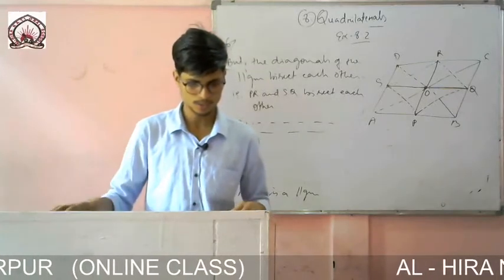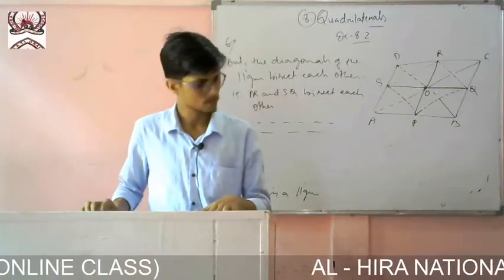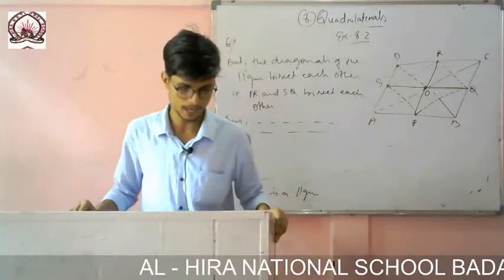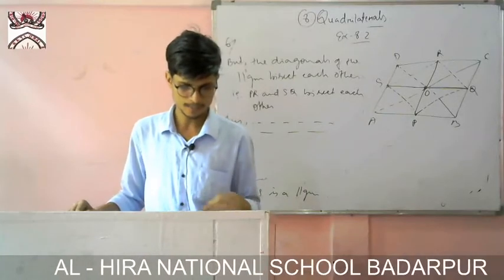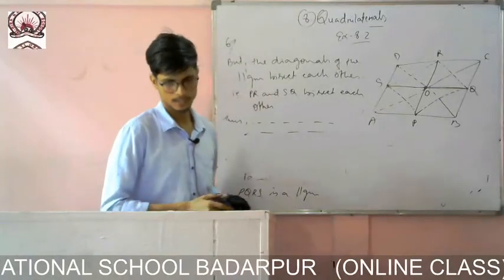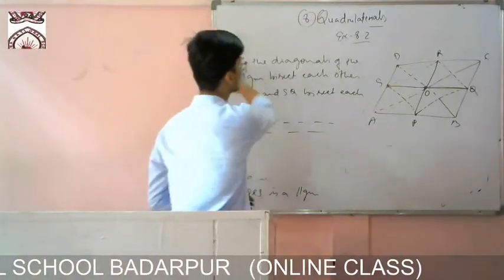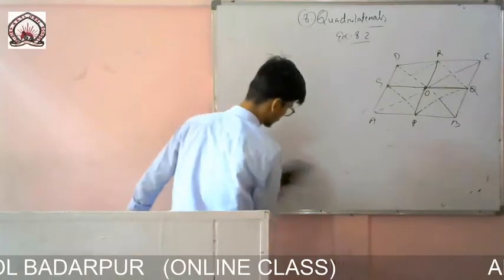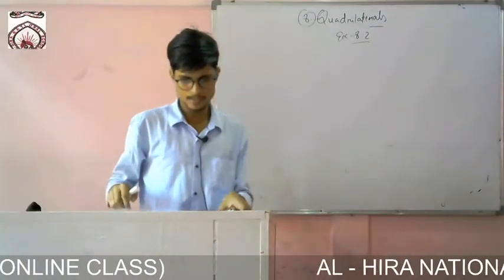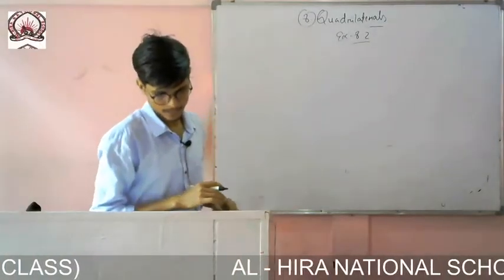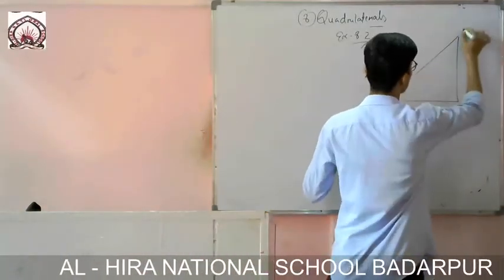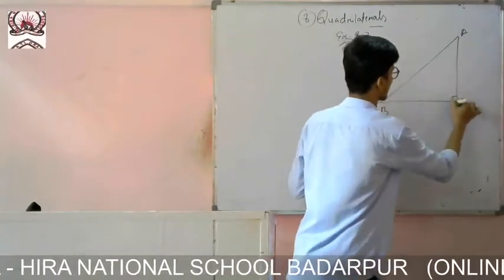Okay. Last one, question number 7. You see, ABC is a triangle, right angled at C. A line through the midpoint M of hypotenuse AB and parallel to BC intersects AC at D. You have to show that D is the midpoint of AC. This one is a very easy sum. So what is given? It is right angled at C. So the right angle is given here at C.